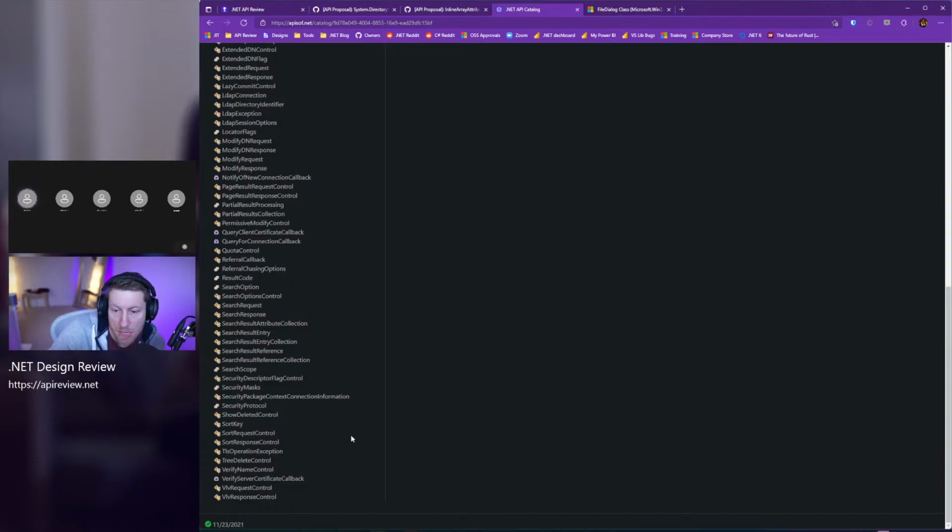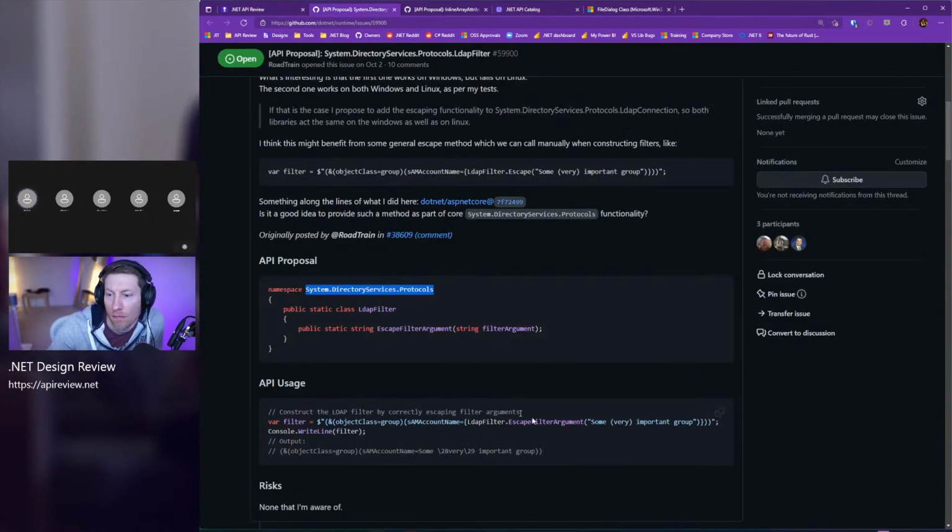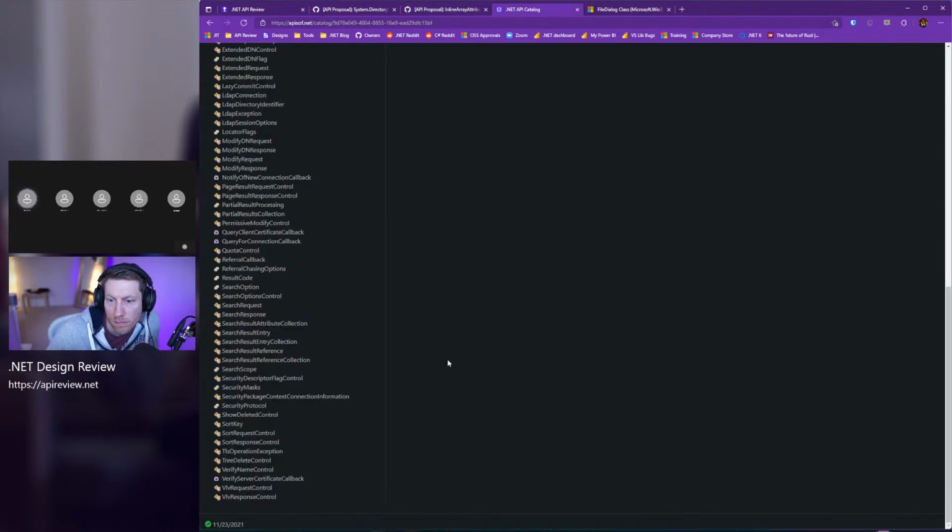Maybe, based on their words, they're escaping things for the search syntax, which it calls filter. So there is the Directory Services Protocol's search request, which has a filter property. So presumably this is for building things on said search request filter. So if we wanted to avoid adding a new type, SearchRequest.EscapeFilterString is